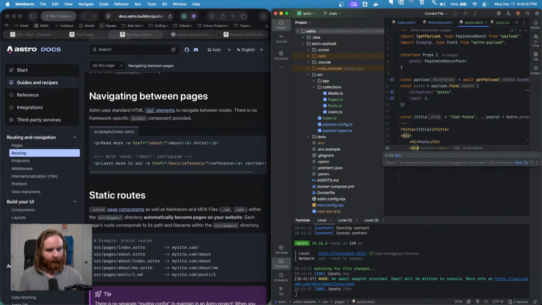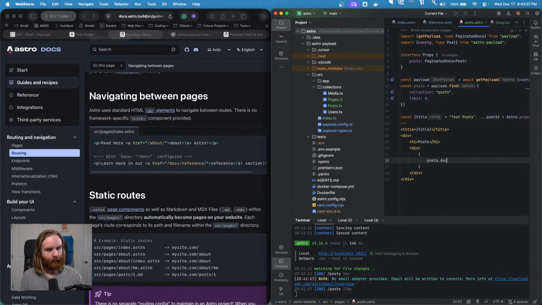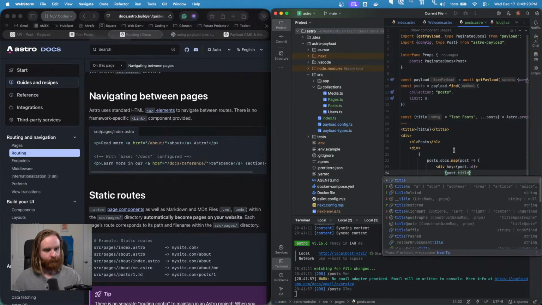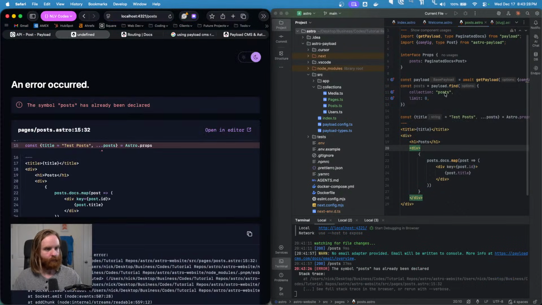Then we're going to have a div where we're going to have our posts docs dot map, not return. I can just do this. Don't think I need a key, but that's okay. Then we'll do our post title. And if I go to test posts, that should show up. Symbol posts has already been